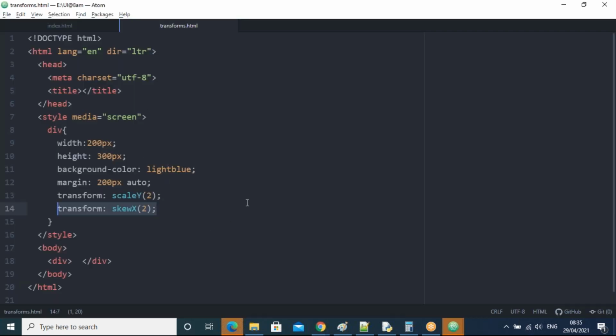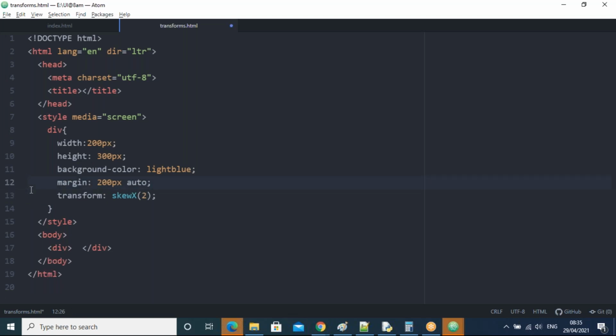But why is it not happening here? It should work for skew correctly.